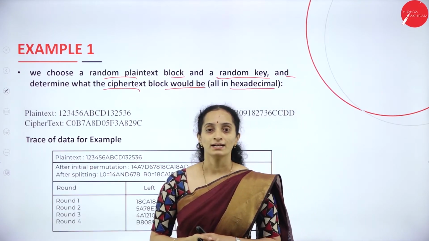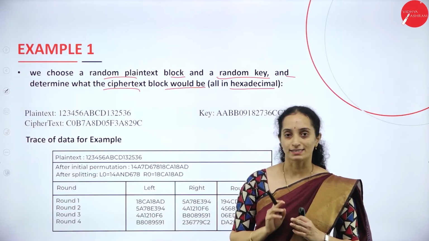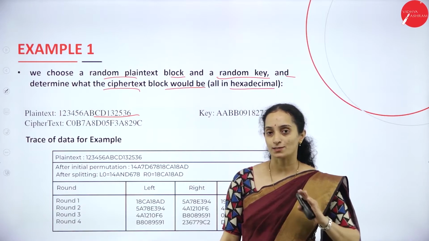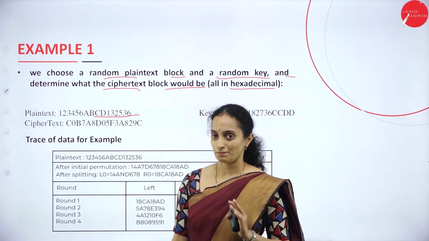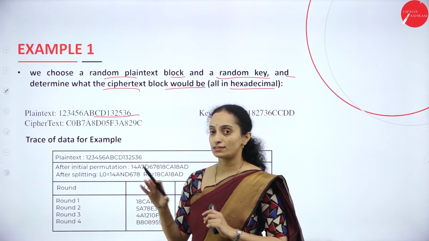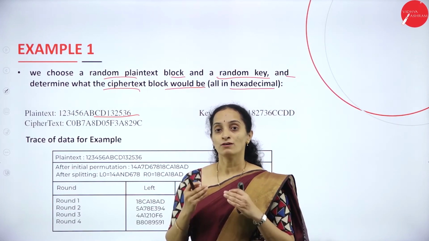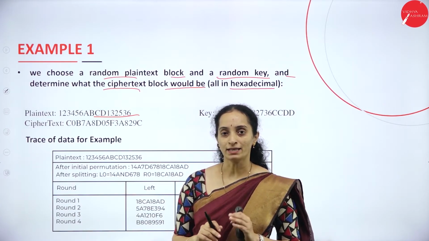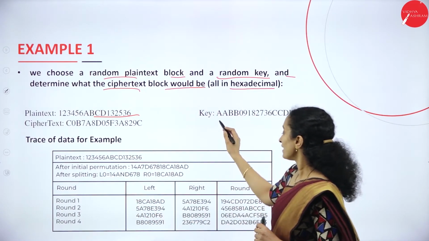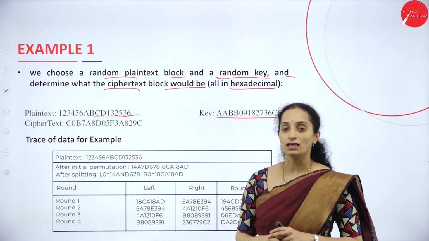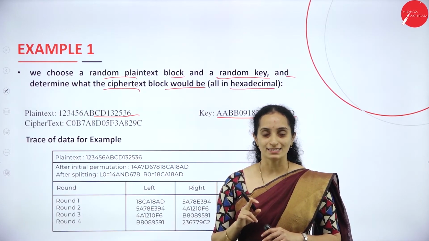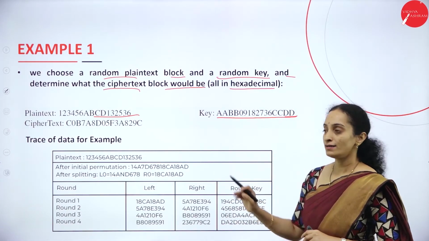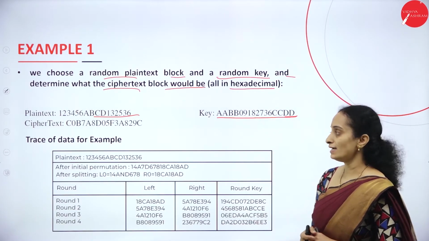The representation here, as binary takes too much space, so hexadecimal is used. Alright. The plain text is this one. This is not the actual message in English format. It is converted to hexadecimal representation, but finally when the hardware executes it, it will again be in binary representation. Okay. This is the plain text, and this is the random key we use, of size 64 bits. Alright. The 64 bits are represented in hexadecimal.